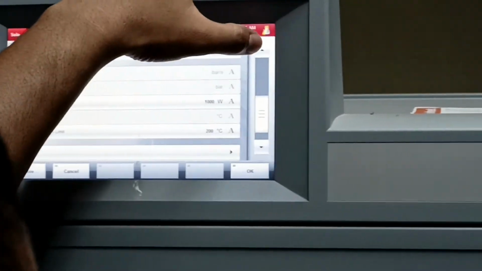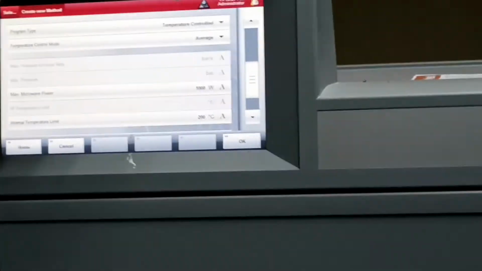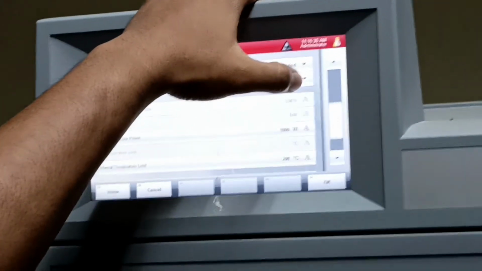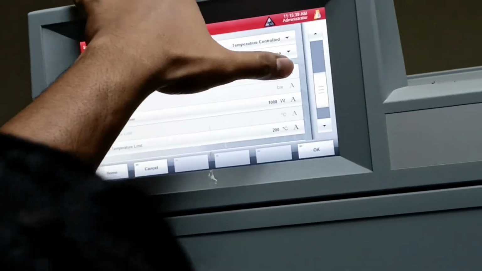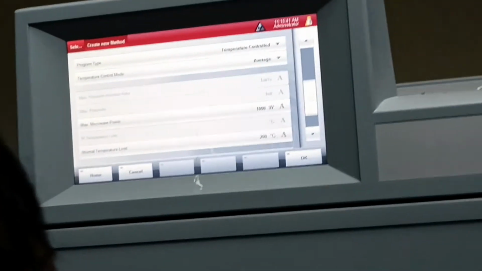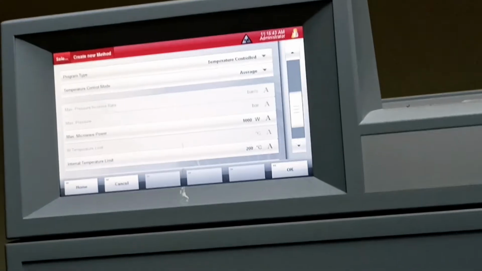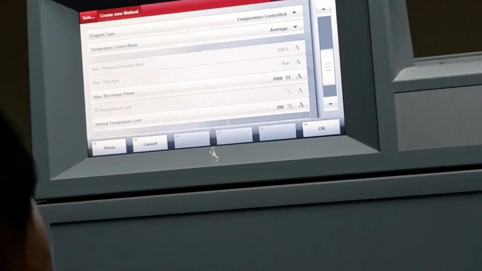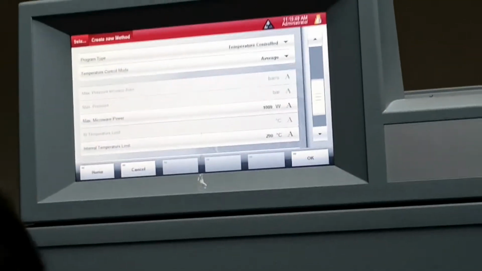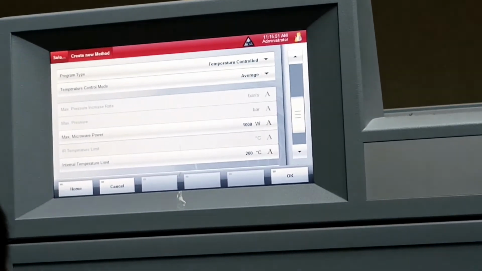So what is the next step, sir? Next step, maximum pressure, increase rate and maximum pressure in bars. It's not accessible. Maximum pressure, I think it will be 20 bar only there. Nothing is there and it's not accessible. You cannot access and edit anything because of the HVT vessels. These HVT vessels are automatically being controlled, so you will not have a limit of it. Okay, the next step.